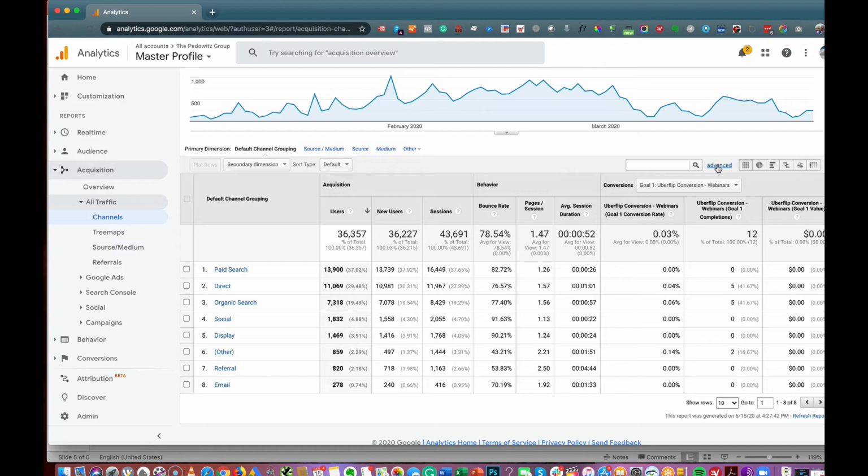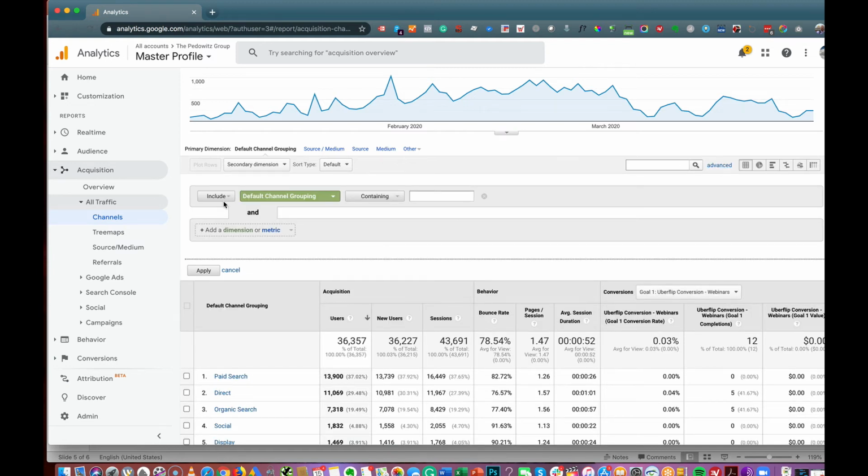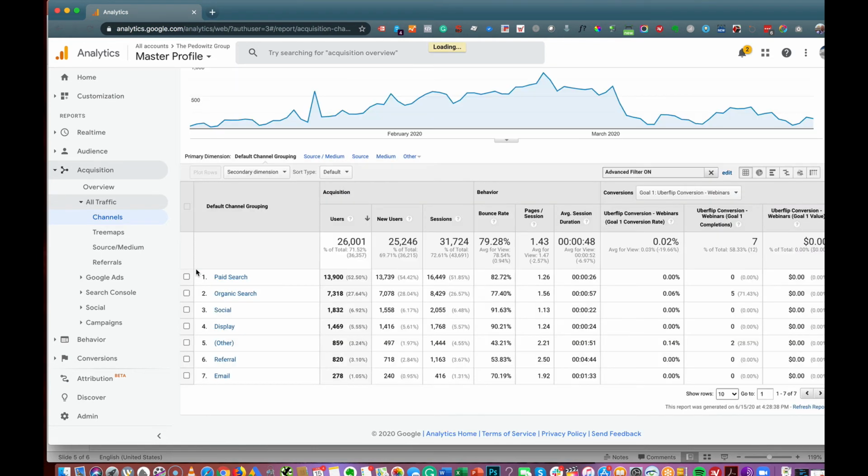To do that, we're going to click on the Advanced tab, and we're going to click on the drop down and choose Exclude the default channel grouping containing. If you start typing it, it should find that channel. Once we apply these changes, you can see now we have a clean set of analytic behavior data to work with. Okay. And so as a result, I can see that 48 seconds on this test site is the average